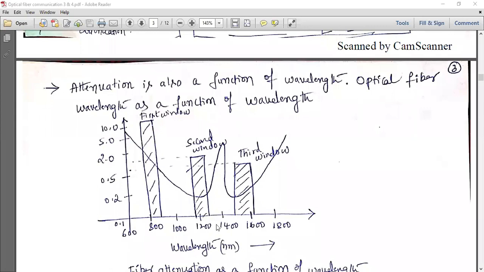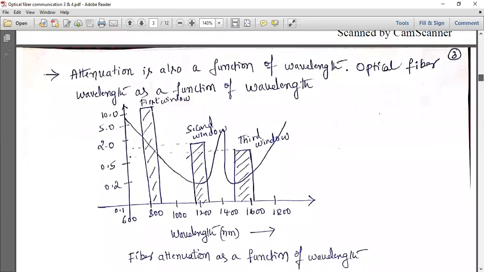At 1400 nanometer, you observe that there is attenuation which is the maximum attenuation you will get. So if you are operating at 1400, that is, sending your optical signal around 1400 nanometer, then your attenuation will be more. That means more repeaters are required in that region. But it is not fixed that you should not operate at 1400 nanometer, because sometimes at 1400 nanometer your bending losses will be less, so you should check.